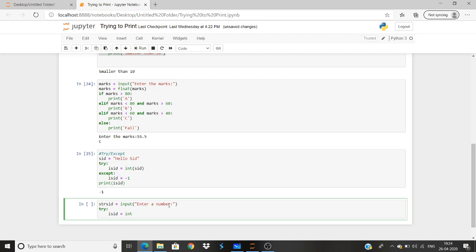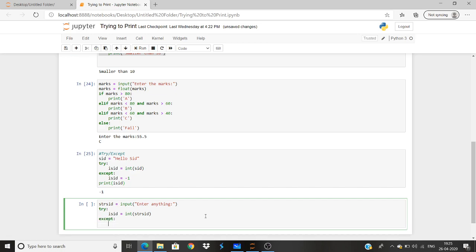What you do is you convert str_sid into an integer. In except, let's just say "not a number". Then we break the indentation because we don't want it to be part of that block only. And then we'll go okay, integer sid. Now you can go -1.